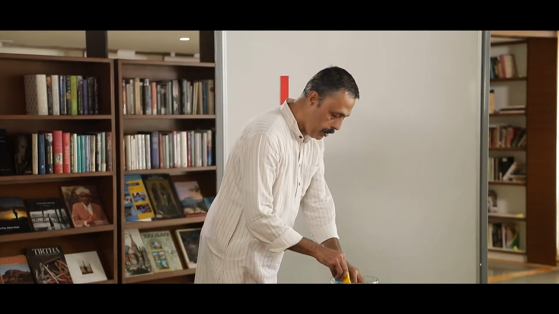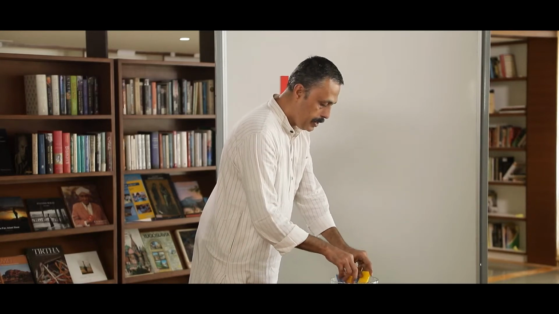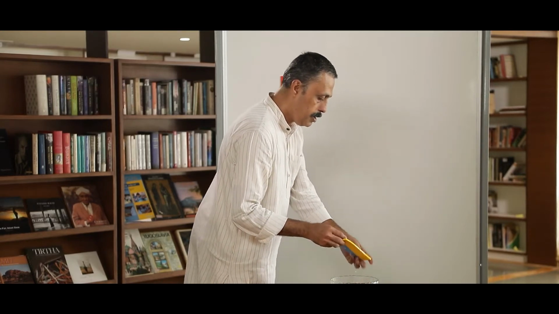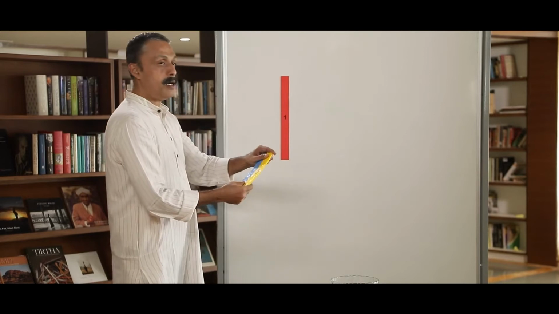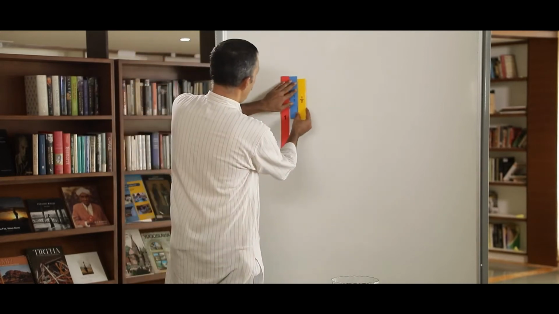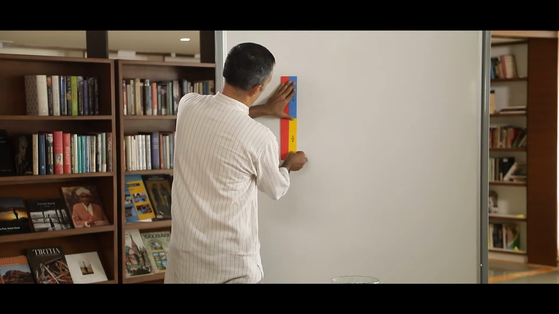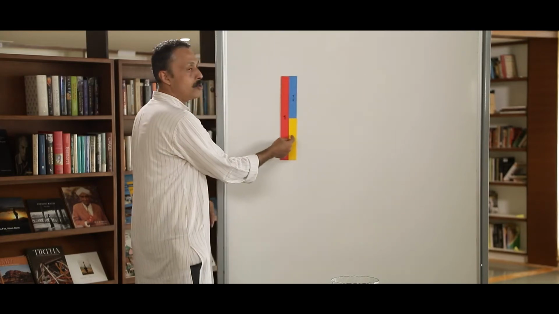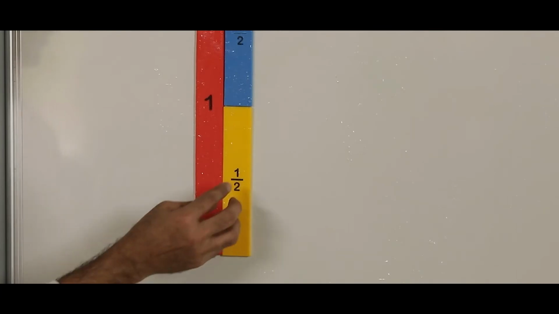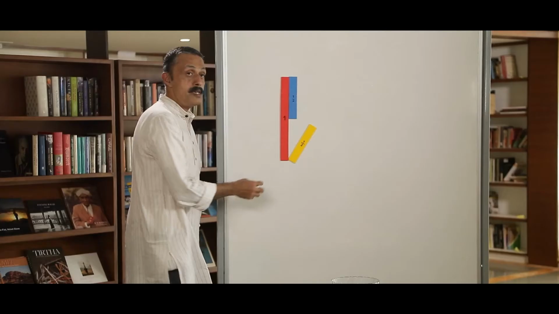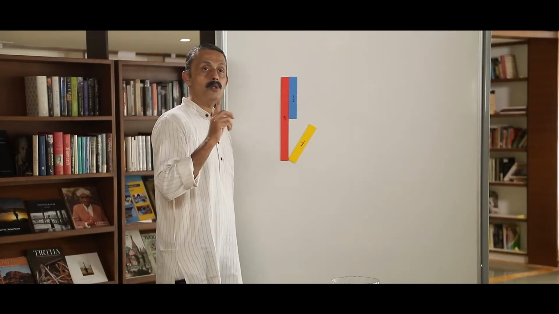What should I be doing with this? I should show it as a fraction. I am now splitting this into two portions. When we divide into two, we have seen the fractions using shapes. What would we call them? 1 of 2, or I made two parts and gave one part.